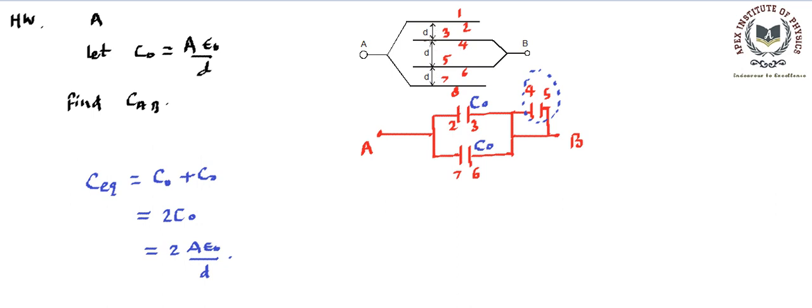This 4 and 5 are basically a part of the same conductor. So plates connected together will have zero potential difference across them. So there will be zero charge storage. And if there is no potential difference across a capacitor, then we say that capacitor has no role in the circuit, so we can remove it. Even if you remove this, it will make no difference in the circuit, right? So that's our answer.